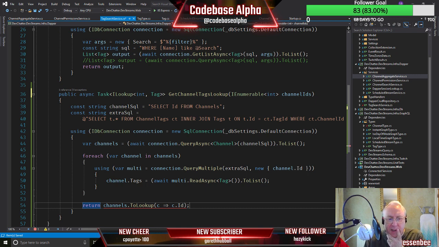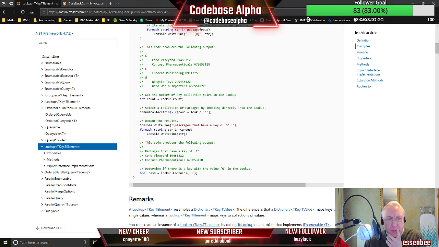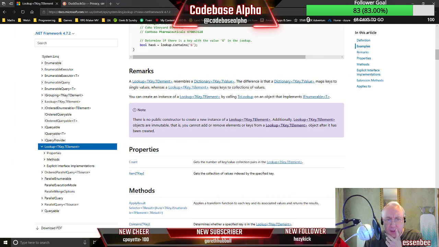We can't create the lookup. If I go over to the documentation for lookups, you see it says there's no public constructor to create a new instance. It's also immutable, so we can't add things to it after it's been created. So you create an instance of lookup by calling ToLookup on an IEnumerable. Query multiple async. There is a query multi-async.